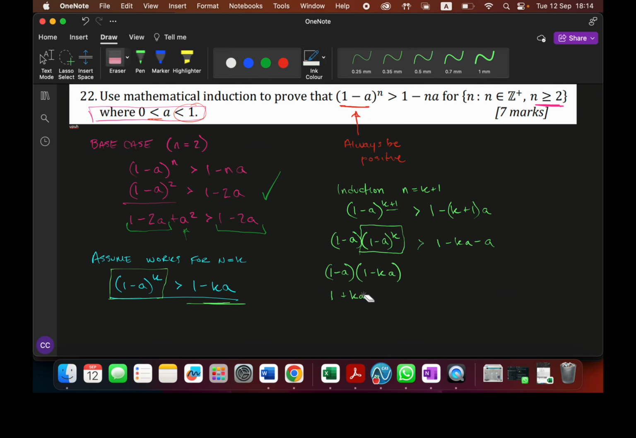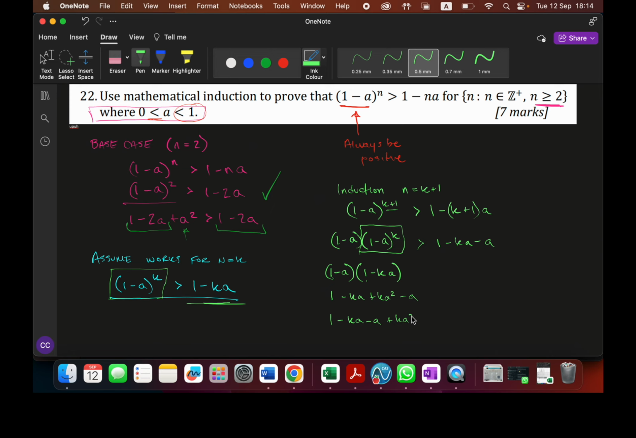Sorry, I jumped a step there. So 1 times 1, 1 times 1. I am going to get this, don't you worry. So minus ka plus ka^2 minus a. I did that backwards, but you got what I am doing. So this would turn into just gathering some like terms. I get 1 - ka - a